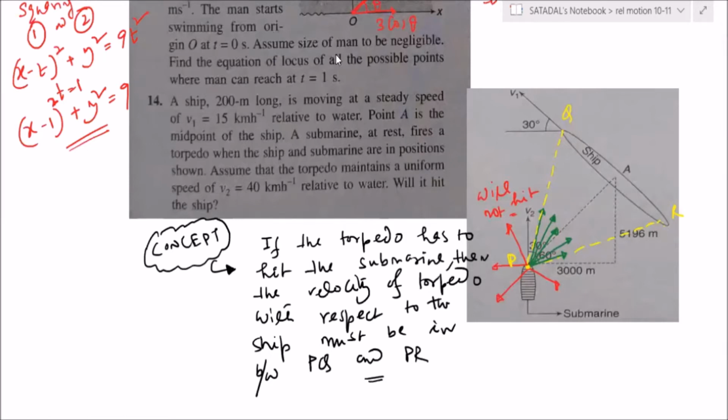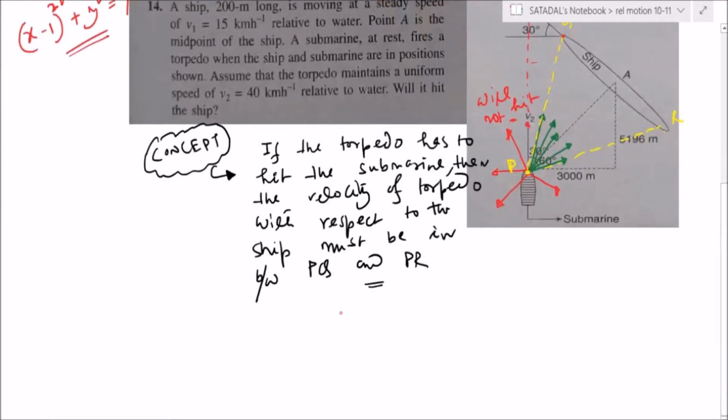Yes, Shankar? Sir, why can't it work when it is moving straight? In this direction? Yes, sir. Because it will miss the target, no? Sir, the ship is also moving now. What I said, with respect to the ship, you are observing from here only, no? Have you understood? Yeah. So now, here it comes.